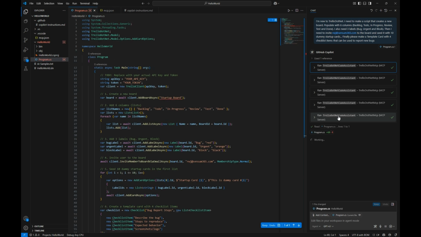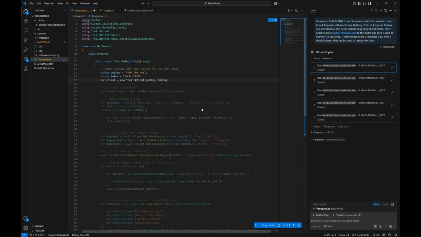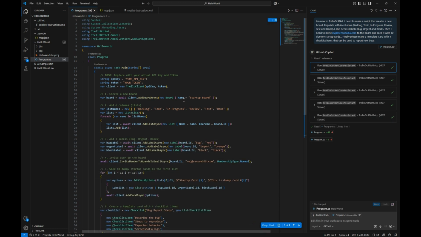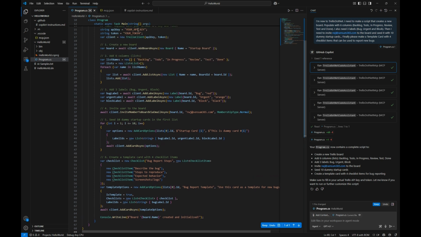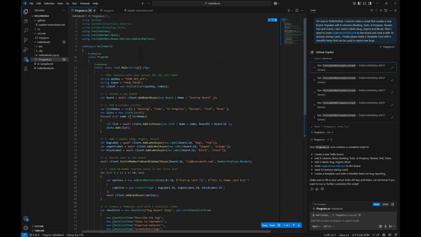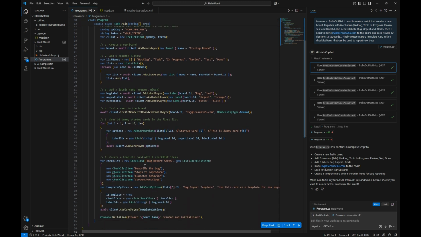So now it's done doing the different things. It made a little mistake and now it changed that after the fact. It has now completed the script, and I can quickly check. Yeah, that's the correct path. This is the correct way of doing it.